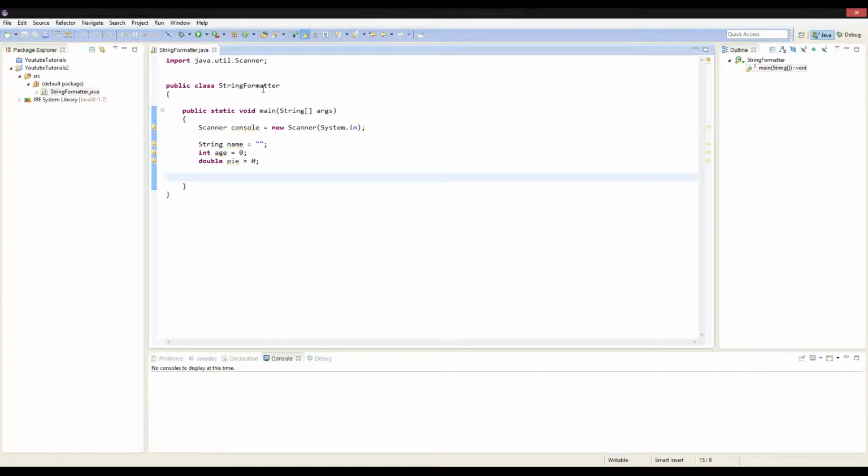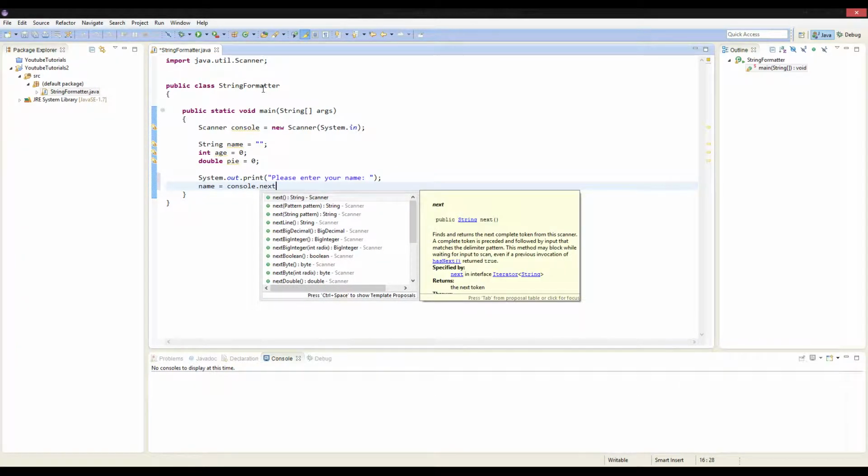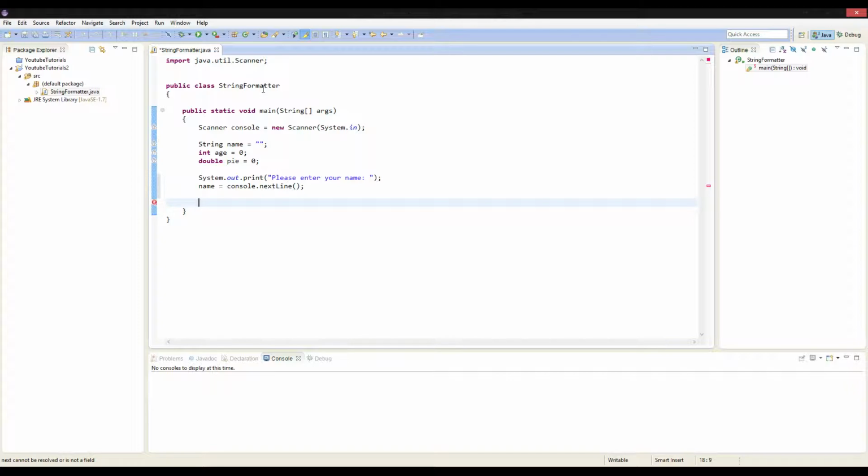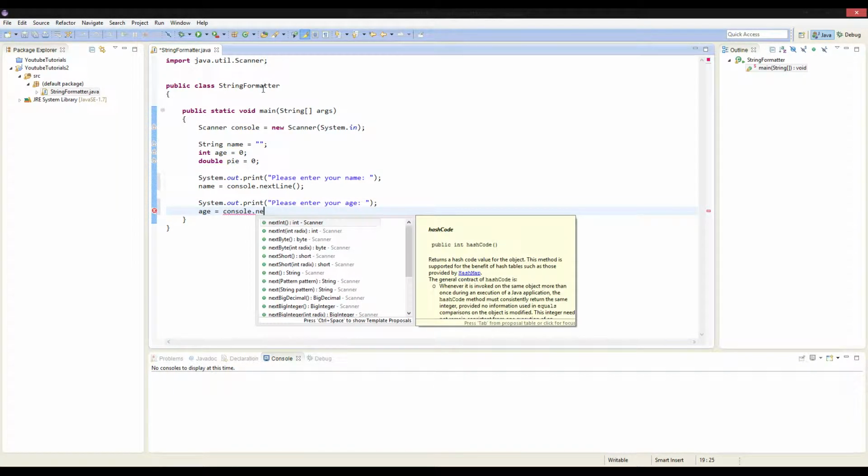So then we need to get input from the user to fill these out. So first of all we want to say System.out.print, and then we want to say "Please enter your name," and then we want to say name is equal to console.nextLine. Then we want to do the same with age, System.out.print "Please enter your age," and then we're going to say age is equal to console.nextInt,